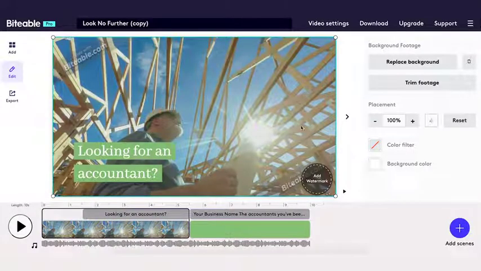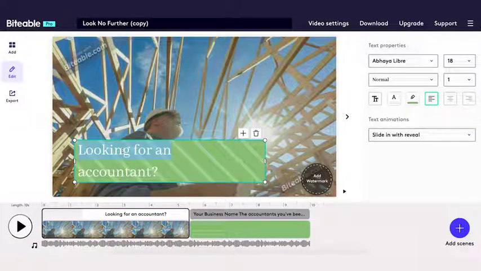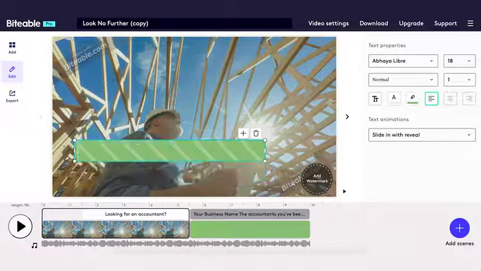Now let's have a look at how you can change the text in your video. I'm going to click on this text box in this scene and I'm going to show you how to change the text. I simply highlight my text. This is currently an advertisement for an accountant. We'll change this to an advertisement for a builder. So if we change this text to